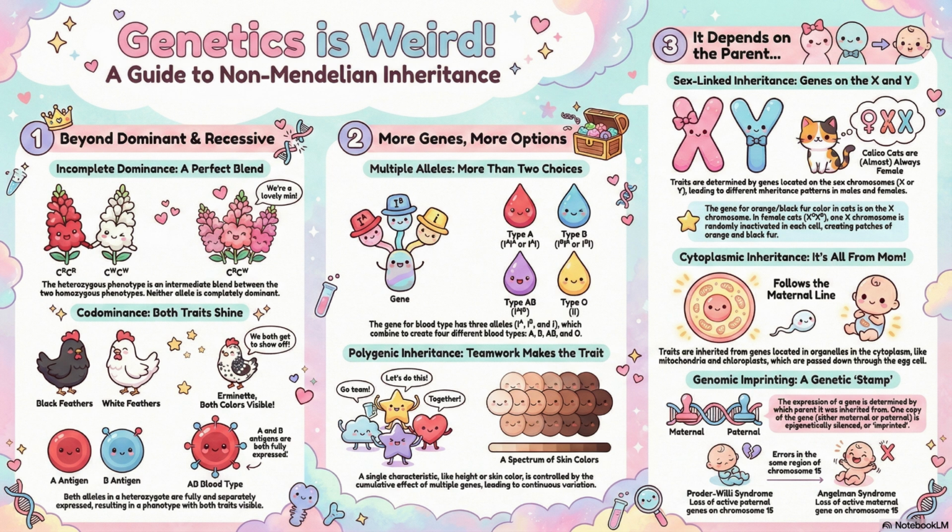The fewer you have, the lighter. And the sources bring up this incredible experiment by Nilsson et al. on wheat kernel color. It really proved this additive effect. It's the perfect demonstration. So he crossed a dark red wheat kernel, let's call it AABB, with a white one, aabb. The first generation came out intermediate,